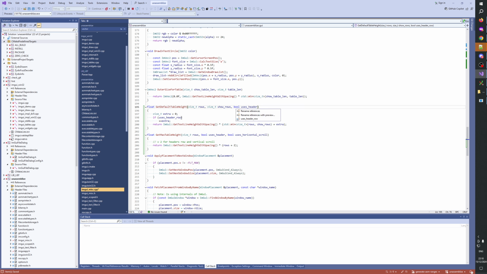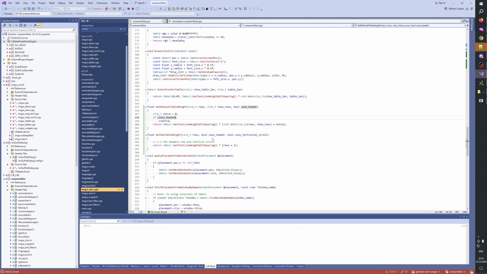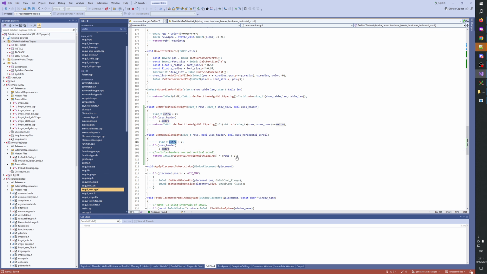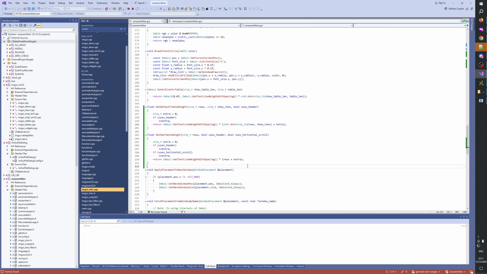Uses header. Okay, and then we do extra, rows plus extra, uses header, uses horizontal scroll, +2, okay, and then